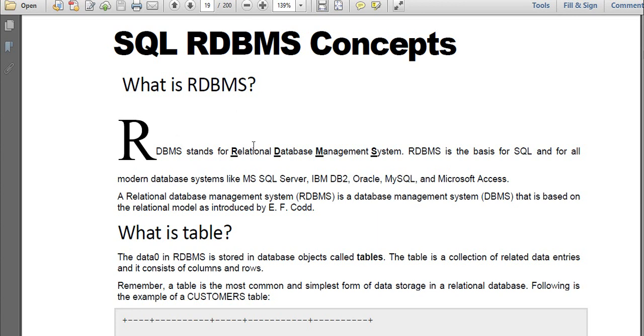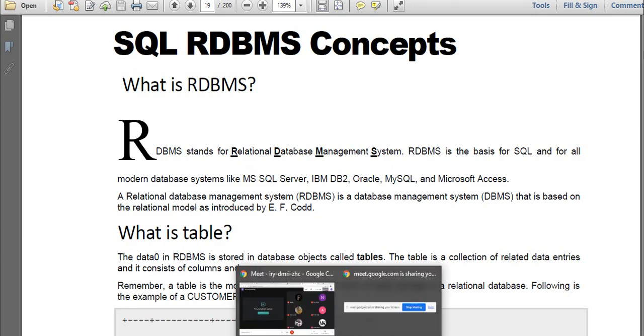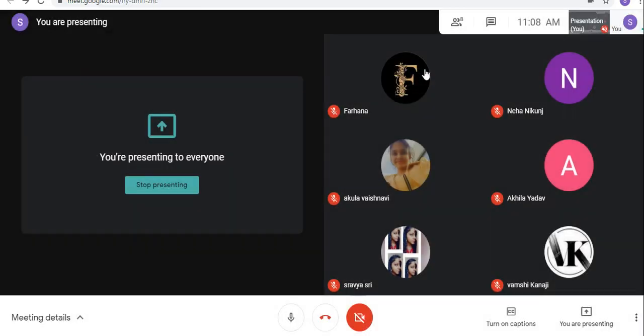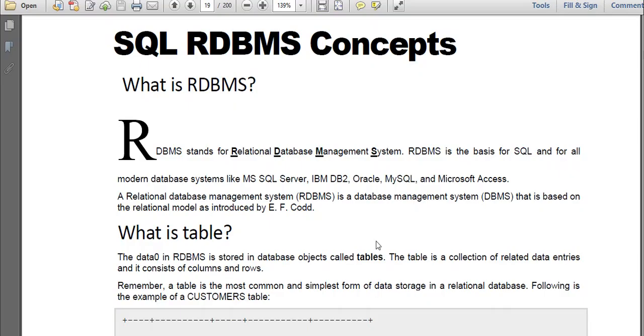Next, today we'll see the basic RDBMS topics: what is a table, what is a row, what is a column, and apart from this, we'll discuss how to create a table. Today we'll see some practical stuff. I'll also send you the complete RDBMS record and the RDBMS question bank online, and based on that you have to write.